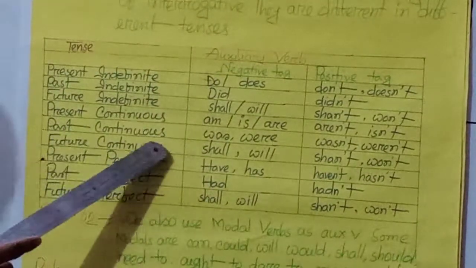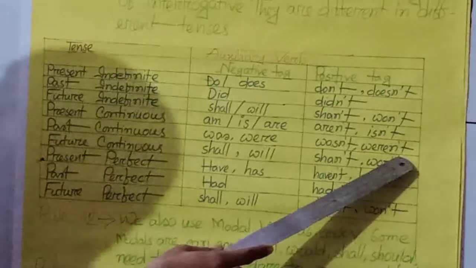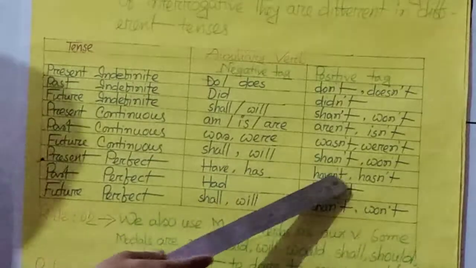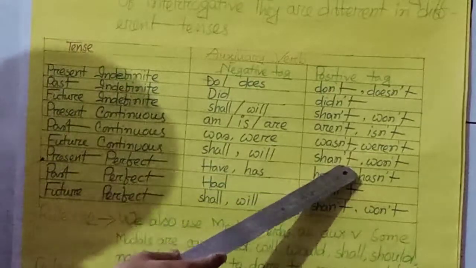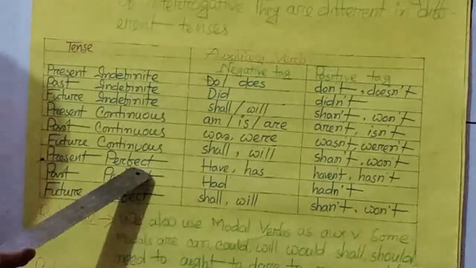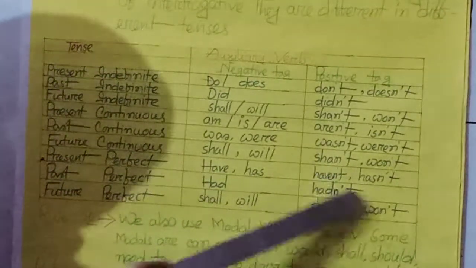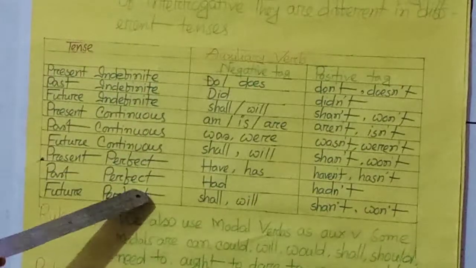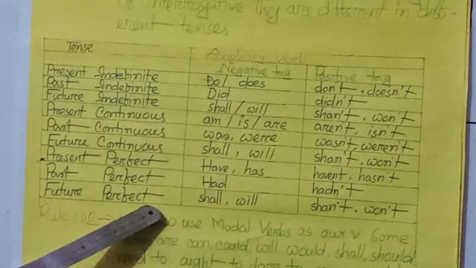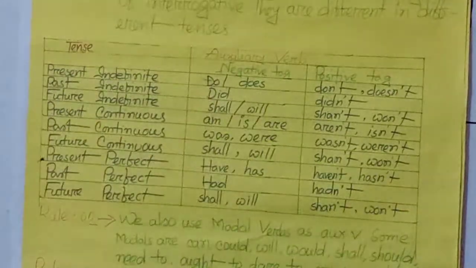Then past continuous: was, were, wasn't, weren't. Future continuous: shall, will. In the negative tag: shan't, won't. Present perfect: have, has, and in the negative haven't, hasn't. Past perfect: had, hadn't. Future perfect: shall, will, shan't, won't. Dear students,